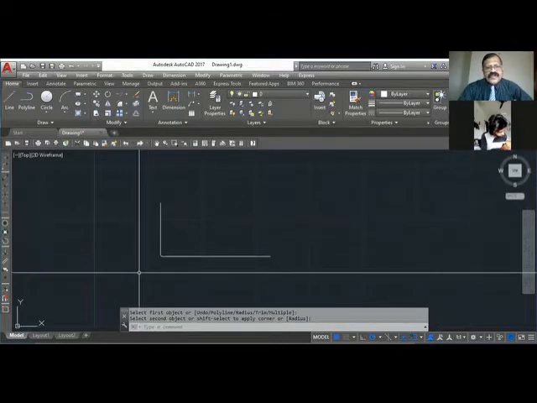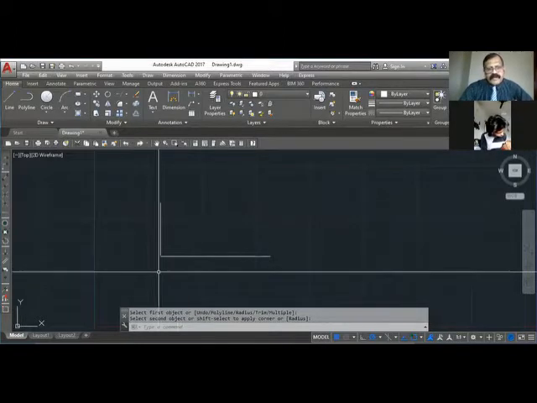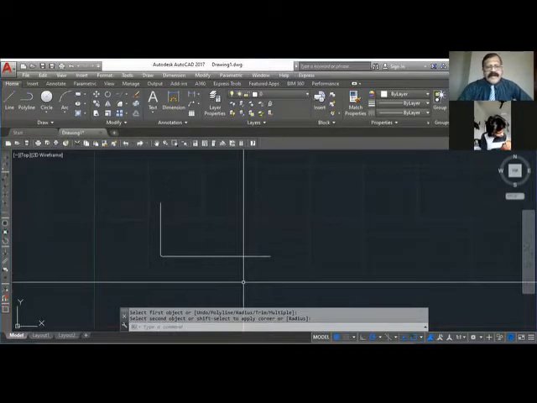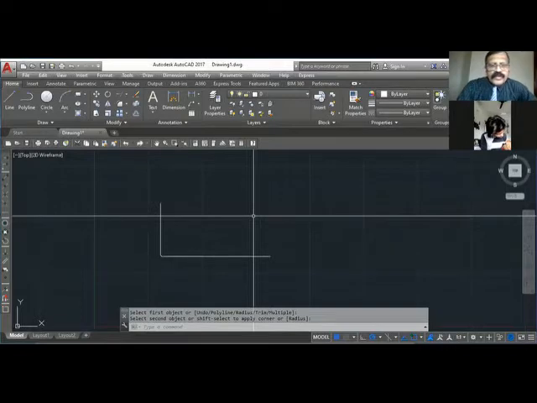When the radius is 0, it connects without a curve, and when you give a radius, then that radius will be taken for the curve. Okay, write down fillet to connect two objects together with or without a curve. When radius is 0, it connects without any curve, and with radius, it connects with an arc.